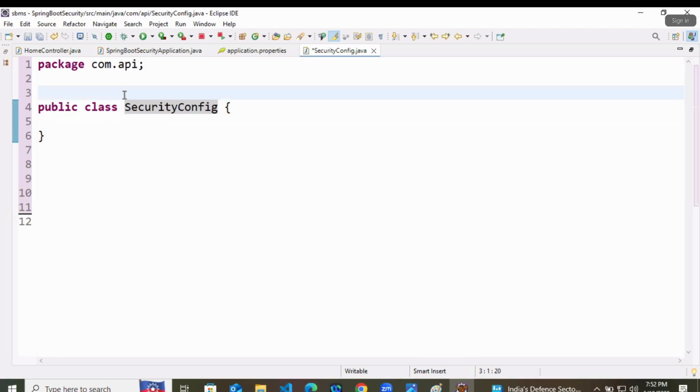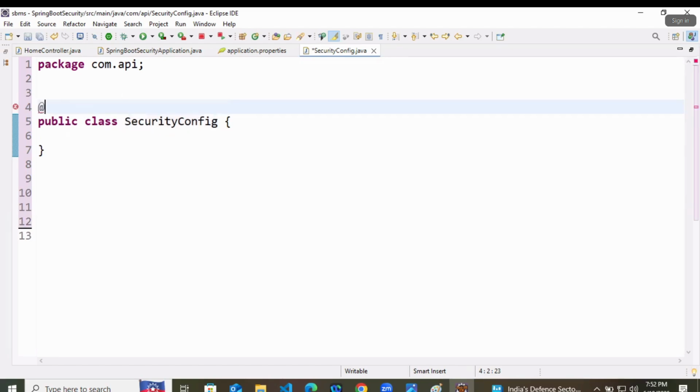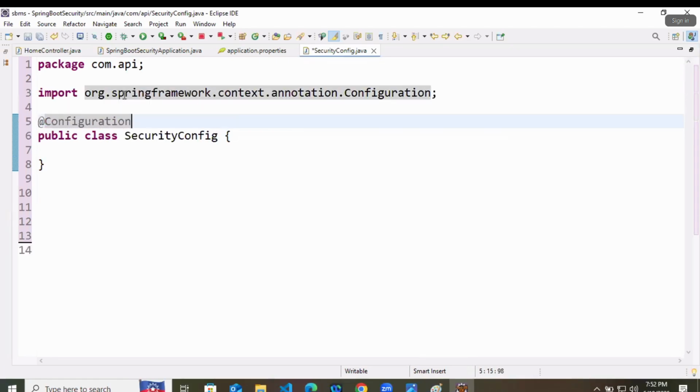I want this class to be the configuration class for all the beans, so it should be annotated with the Configuration annotation like this.